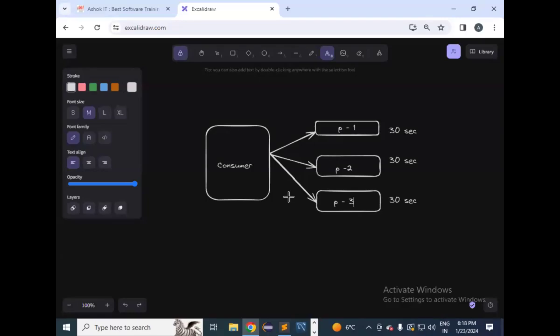As an end user, will you wait for 1.5 minutes to get the response? If an application is taking 1.5 minutes to give the response, that is the worst performance of the application. So here,